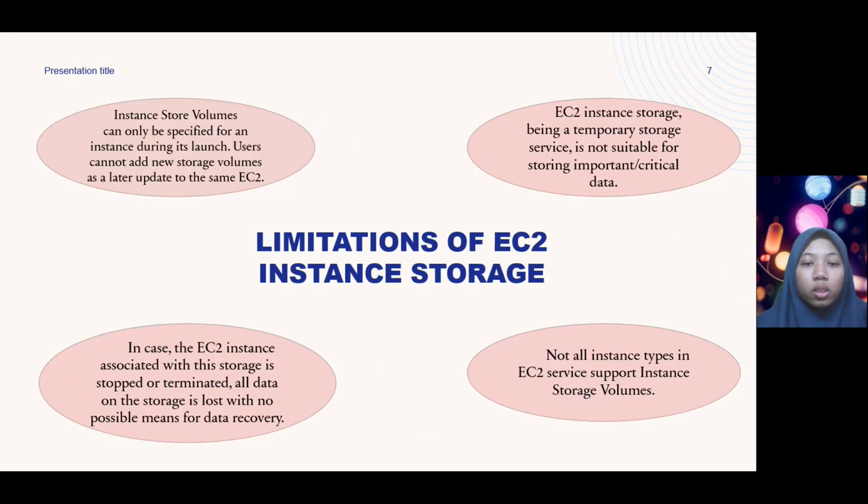Then, limitations of EC2 instance storage. Instance storage volumes can only be specified for an instance during its launch. Users cannot add a new storage volume as a later update to the same EC2. EC2 instance storage, being a temporary storage service, is not suitable for storing important or critical data. In case the EC2 instance associated with the storage is stopped or terminated, all data on the storage is lost with no possible means of data recovery. Not all instance types in the EC2 service